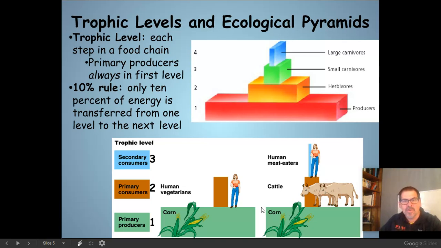Essentially what this is showing is that this amount of corn could potentially feed this many people, but that same amount of corn only feeds this many people, literally 10 times less. This same amount of corn feeds a significantly smaller amount of people because we ran it through the cow and we ate it in the form of cheeseburgers and steaks as opposed to the form of corn.